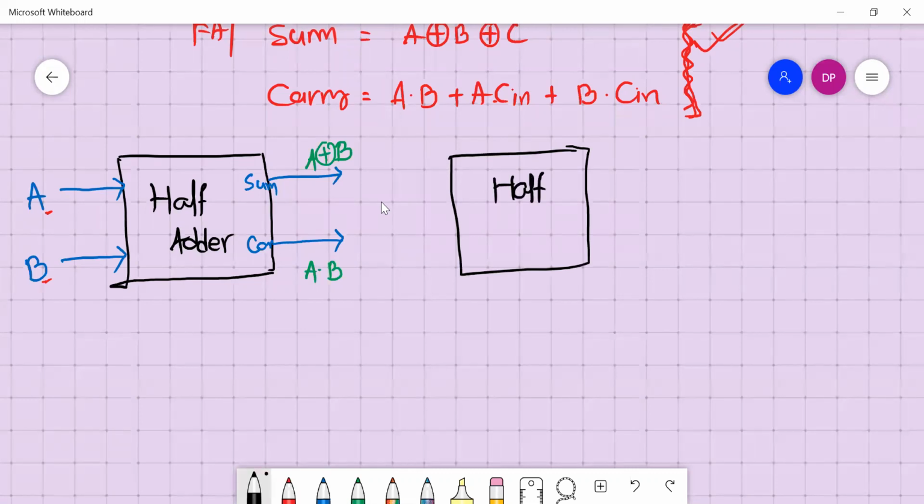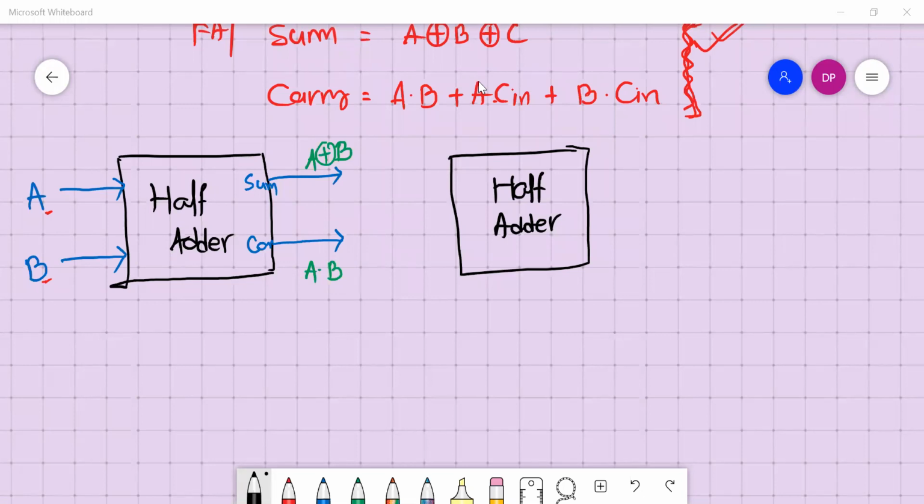I will take another half adder and I give this inputs.